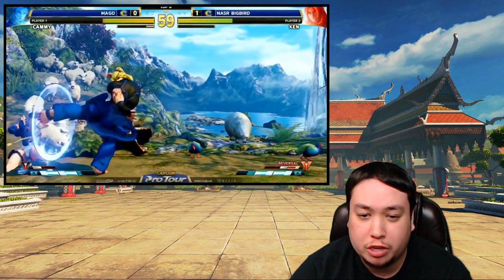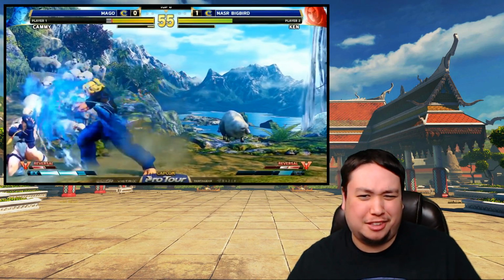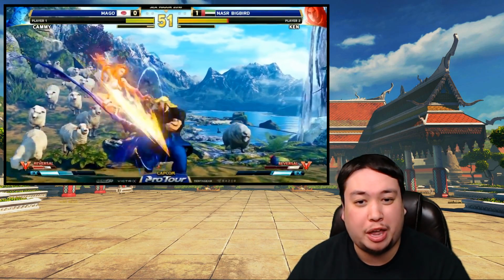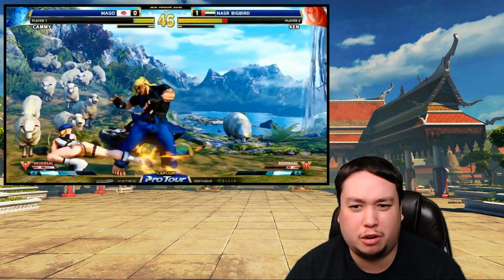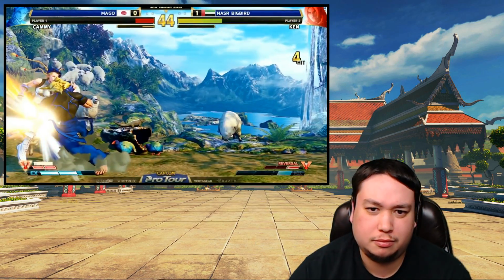I'm really surprised, especially by the PC numbers. But what exactly does this mean, Mir? Now that the input lag has been brought down by a frame or so, depending on your platform, are we going to be whiff punishing everything? What's going on? Well, first of all, it's fair to say that even though they improved the numbers, especially for PS4,